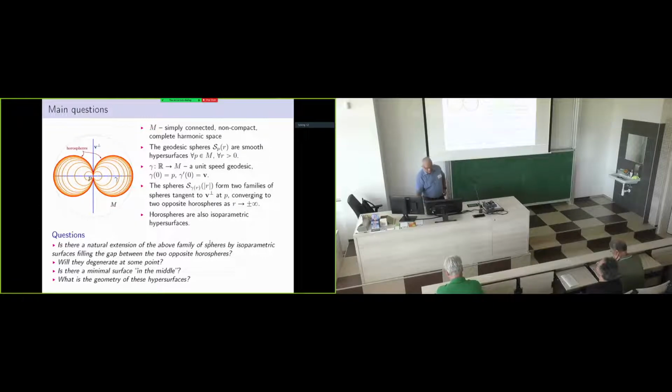So if you take a geodesic gamma and a point P on this geodesic, and you take another point which runs out to infinity along gamma in one of the two directions, either to plus or minus infinity, then for any point you can choose a sphere centered at that point, with the radius chosen in such a way that the sphere goes through the point P. This way you get two families of geodesic spheres that touch one another at the point P. They share a common tangent space,